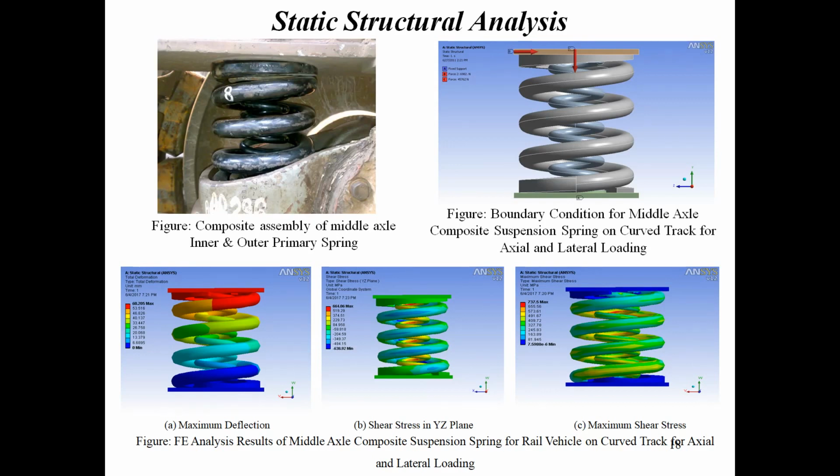So red is the maximum. In the first figure the displacement is maximum at the upper point and minimum at the lower point. Also in the second and third figures you can see that the red zone is at the inside diameter of the spring. So therefore the stress is always maximum at the inside diameter of the spring. Okay,